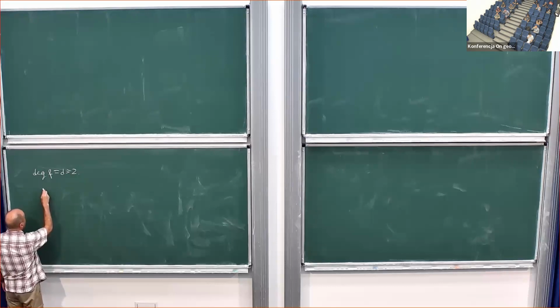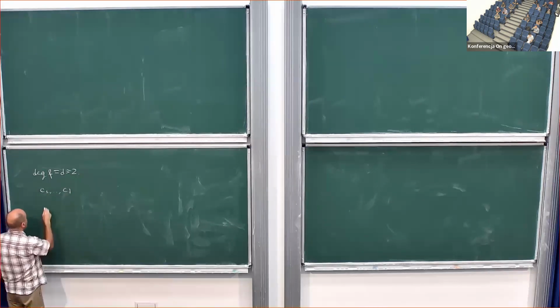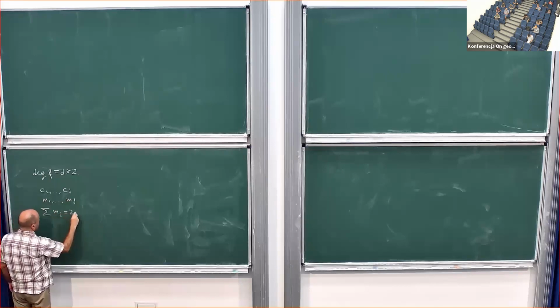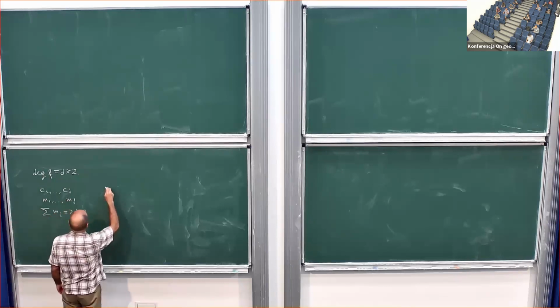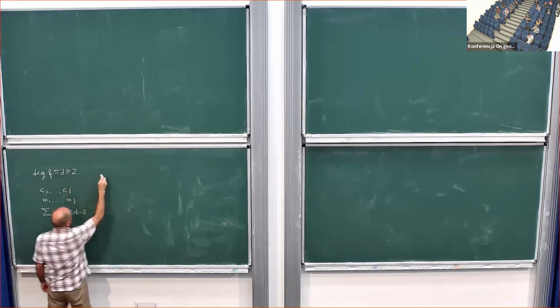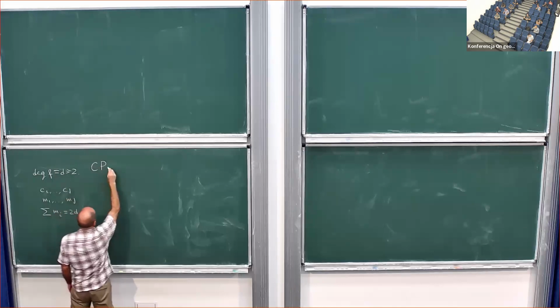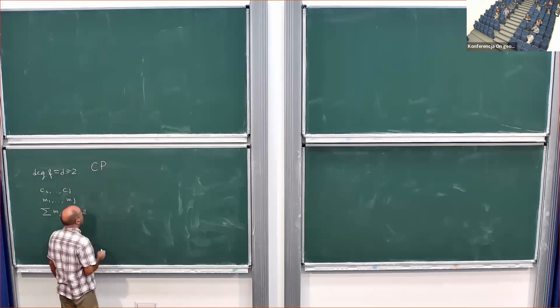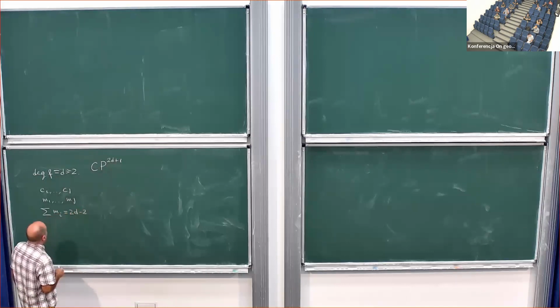So assume that f has nu different critical points with multiplicities. Then the sum of these multiplicities has to be 2d minus 2. Any rational function of degree d can be considered as a point in the complex projective space of dimension 2d+1, I think. And so let's consider